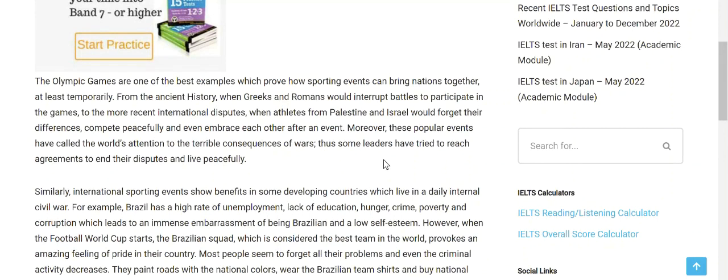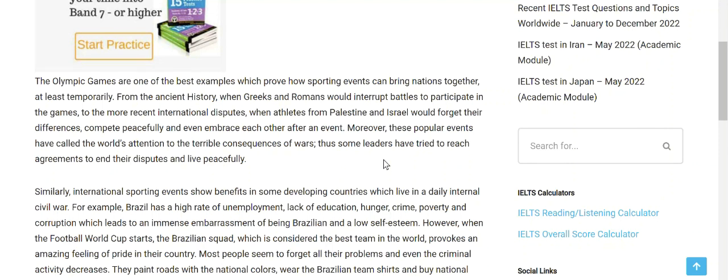حالا میاد مثال میزنه مثلا The Olympic Games are one of the best explained examples which prove how sporting events can bring nations together, at least temporarily. From the ancient history when Greeks and Romans would interrupt battles to participate in games, to the more recent international